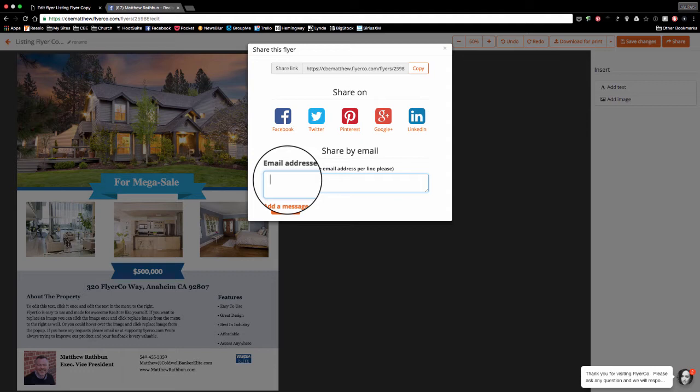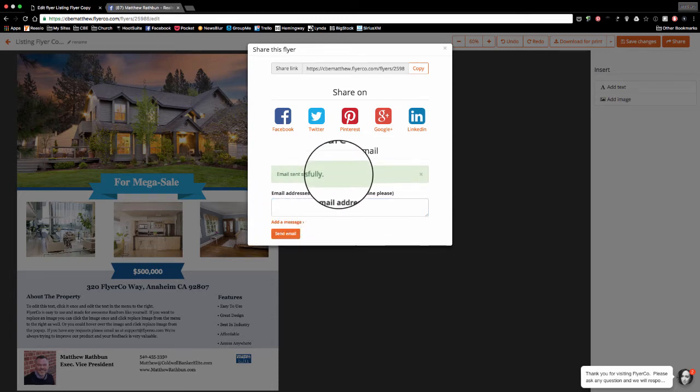But what I'm going to do is go down here where it says enter an email. I'm going to email myself a copy of this. So Matthew@cbva.com. I'm going to send an email. All right, while that's sending, and it'll be there in just a second, I'm now going to go back up